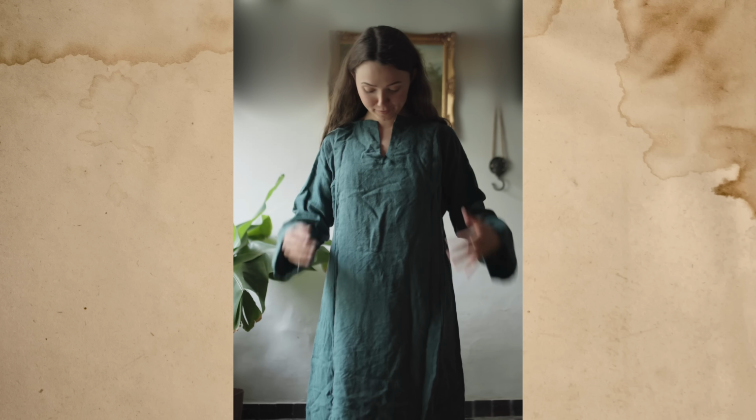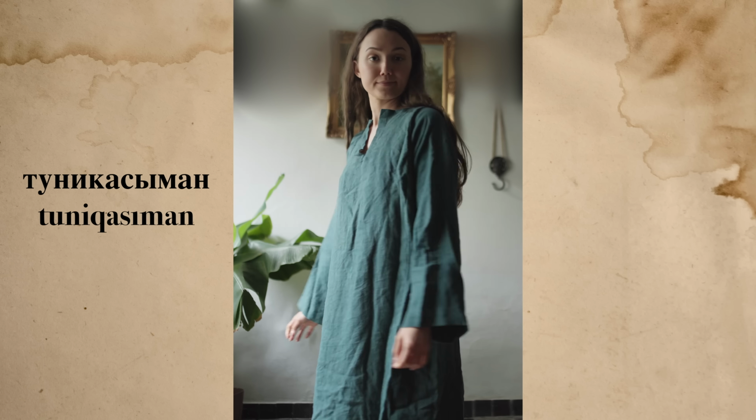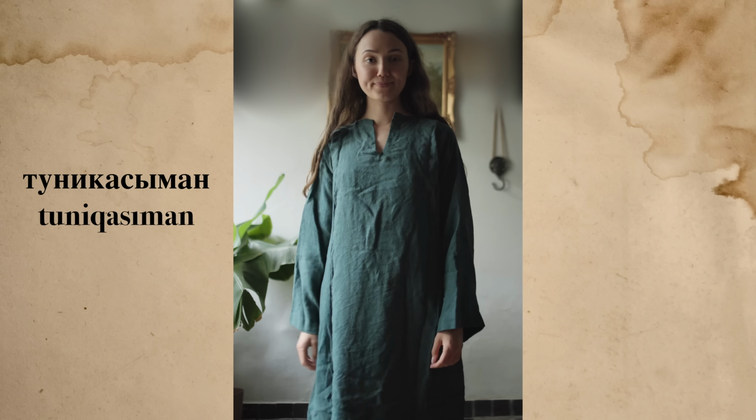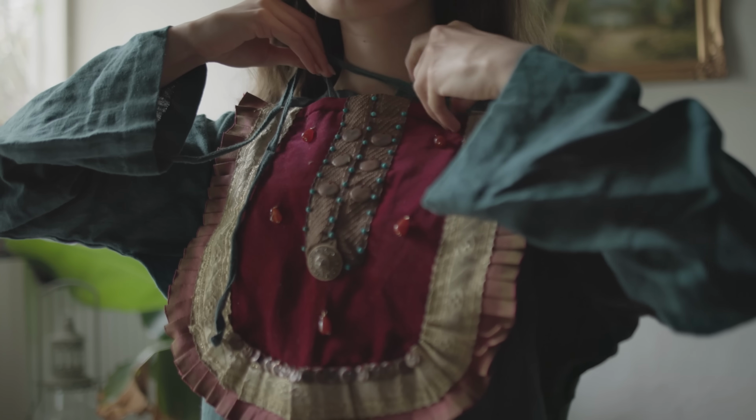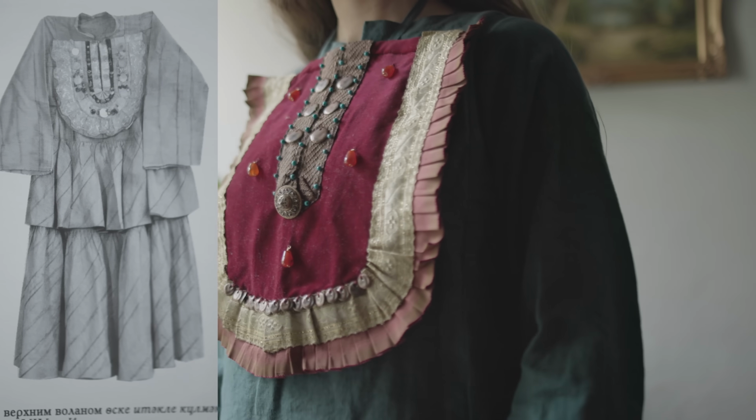And it's this tunic-like dress which is cut from rectangles as well as having gores set in. We call it tunika saman in the Tatar language, which just implies that it's tunic-like. And underneath these, I wear a shift or chemise from my other historical clothing, but with regards to historical accuracy, there's